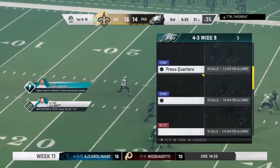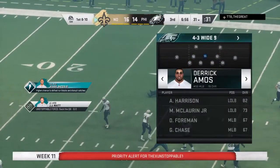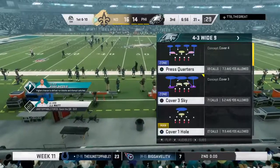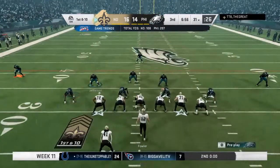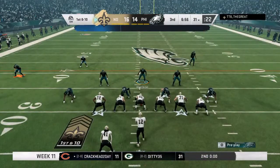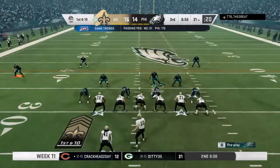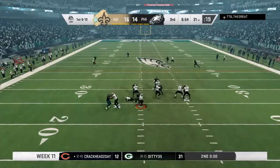Our first look at the NFL scoreboard comes from Green Bay. Early lead in that one for the Packers. And we'll be sure to keep an eye on that one as we go along here. The Saints offense on the field, ready to get their drive started. They have the lead. Now they'll be looking to extend that lead. And this is where I enjoy talking about one of my favorite subjects, tendency breakers, or counters as I also...